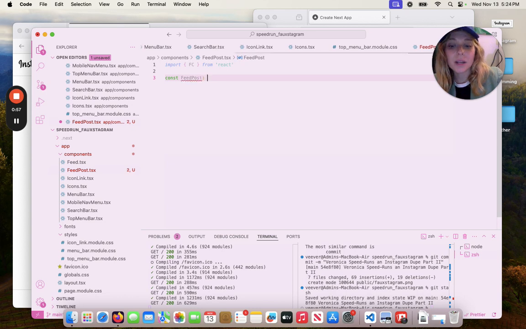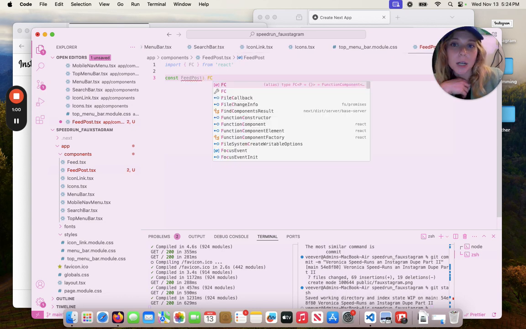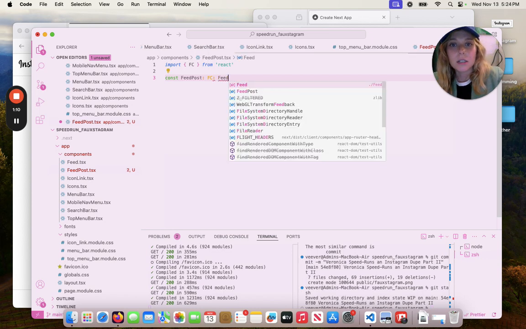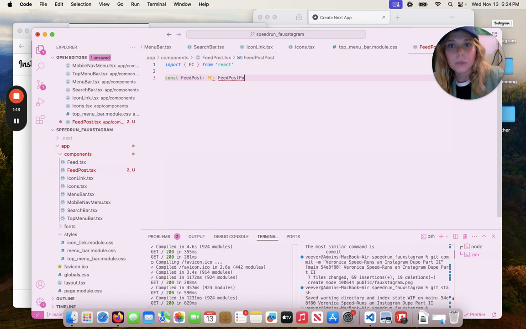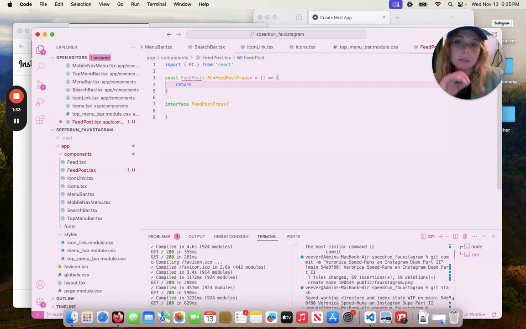Eventually, we will probably want to take props from somewhere. We'll probably be doing an API call in the feed component itself and then passing down individual props. So I think we might even do that here. So we'll say feed post props. And then we want to define it. Okay, we can leave that. And this we can return